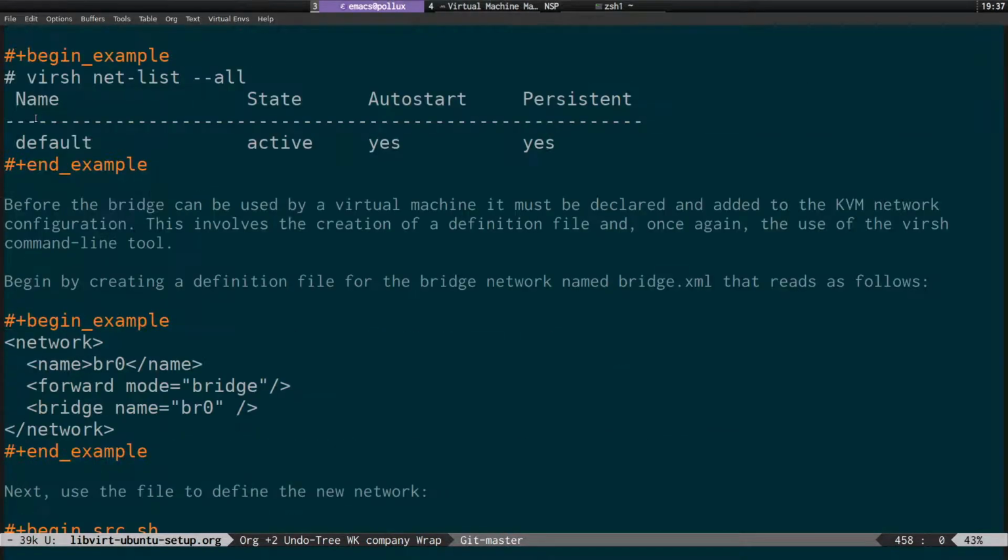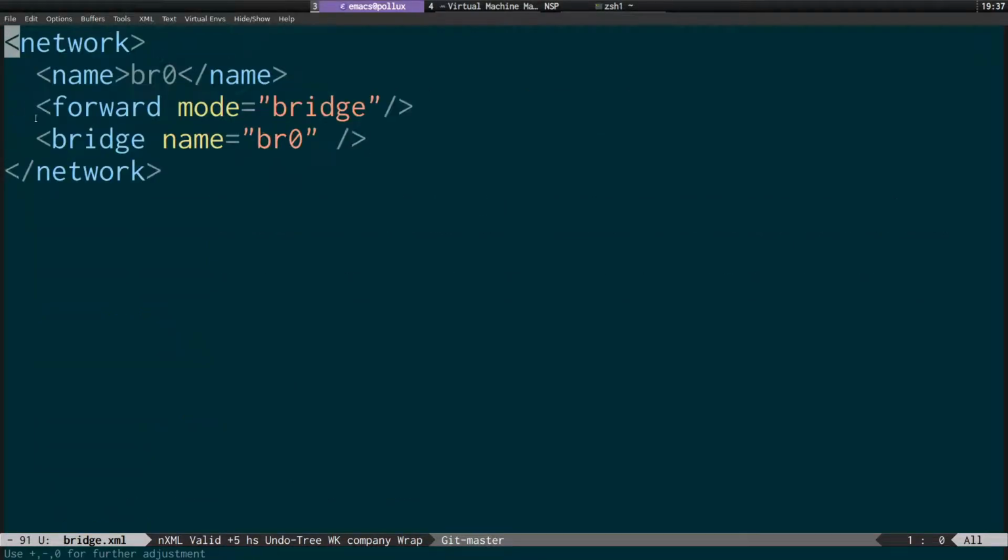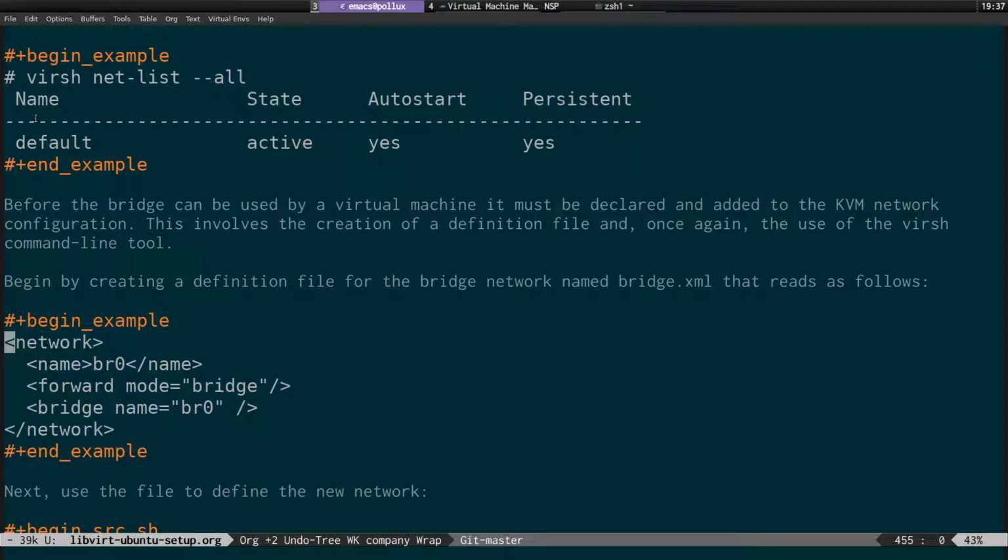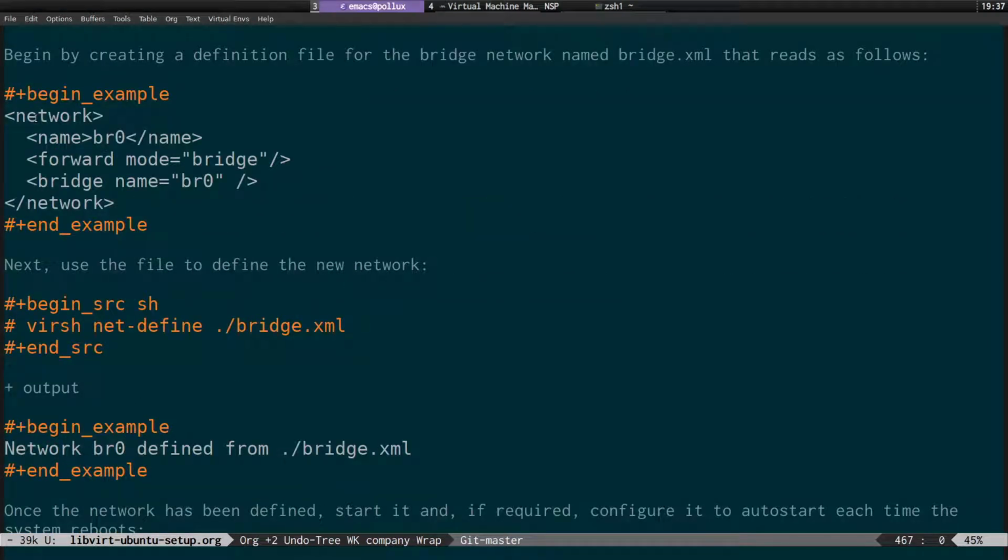So what we need to do is actually create an XML file that looks like this. Okay, and if I just come back here, it looks like this. So we create a bridge.xml file. There's network, name br0, forward mode equals bridge, name equals br0, and then the closing network tag. So that's the bridge file that we create, and what we then have to do is use that file to define the new